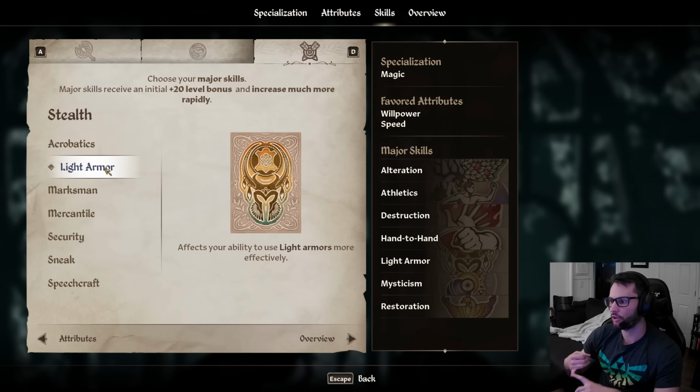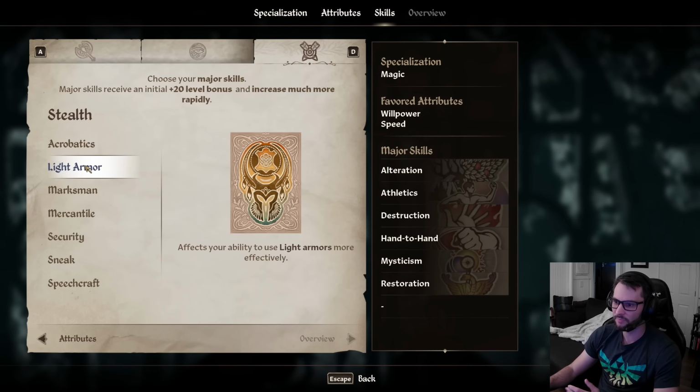We have low endurance, and so to pick this as a major skill means it's going to level up a little bit faster, which means in theory we'll get a little tankier as we take hits, and you will be taking hits. You're going to be in melee range a lot. Even with your speed, you'll take hits. That's just how it goes. However,